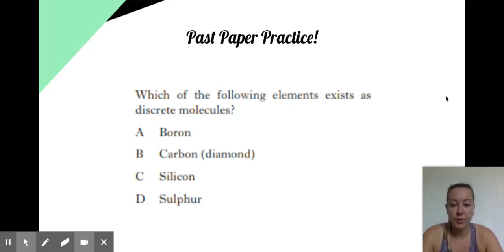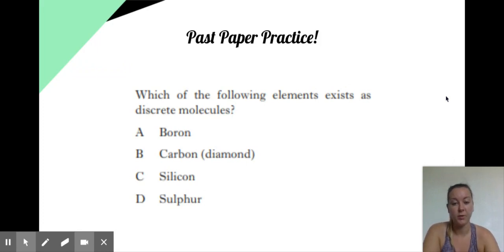Okay, so we've got boron, carbon in the form of diamond, silicon and sulfur. Now straight away, we should be able to recognise that 3 of these 4 are covalent networks. If something is a network, it's not going to exist as a molecule. So A, B and C are straight off the bat covalent networks, can't be your answer, so it must be